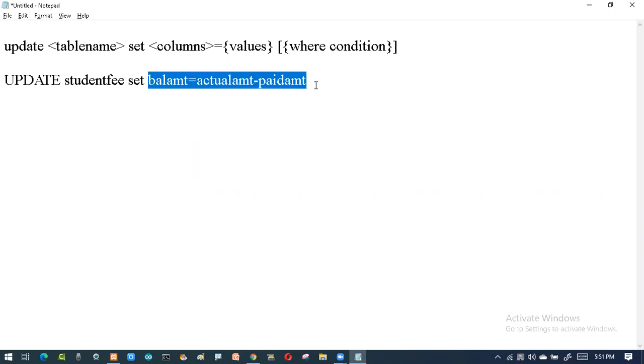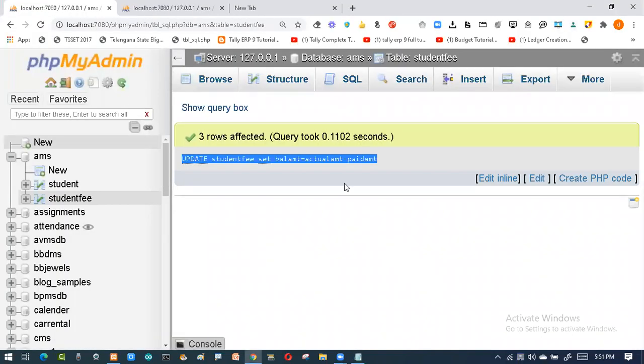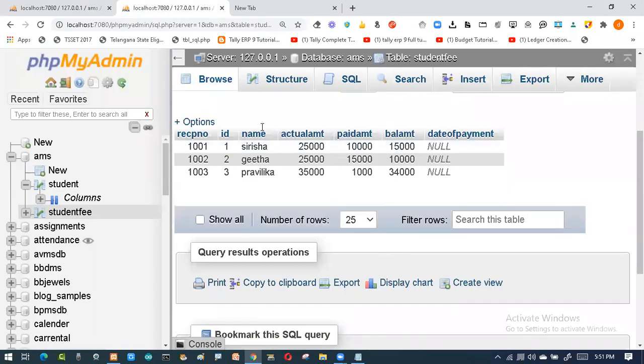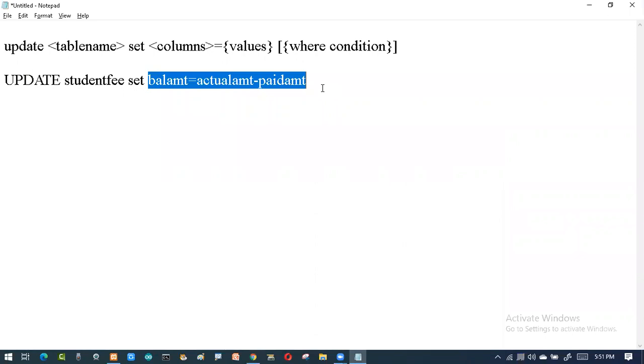If you want to apply for all, just now you are seeing the scenario that if this balance amount is to be calculated for all the persons, then I have given it. So I have taken one example. So the examples are left to you. In real time, when you are working in a company, if you have been appointed as a database administrator, then you want to do such kind of operation. In front of you, you will have a lot of flavors and a lot of options. Based upon that, you are going to write your own formula.